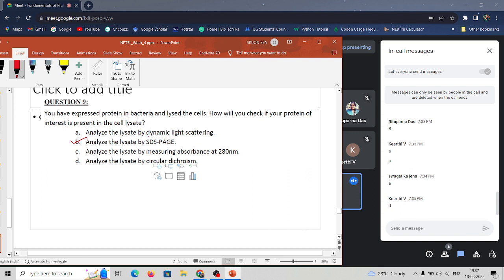So the others are not correct because they tell you about the complexity and the mobility, that is the randomness of your protein. CD spectroscopy tells you about the secondary and the tertiary structures of the protein. And 280 nanometer is for all proteins, so you cannot actually differentiate between them. Understood? So, run an SDS-PAGE. Okay, next